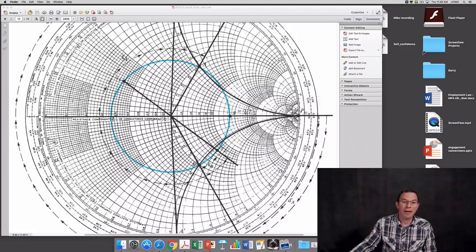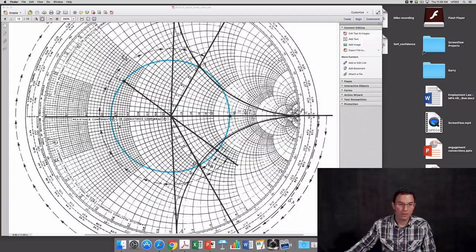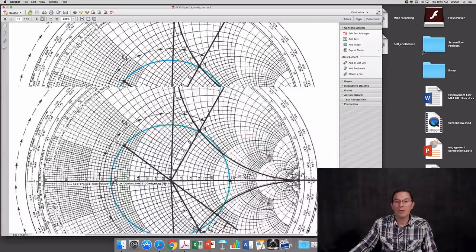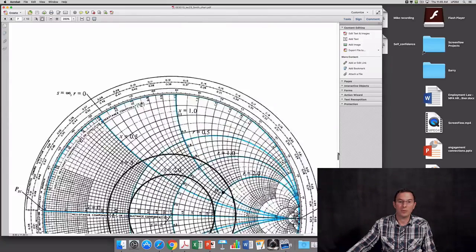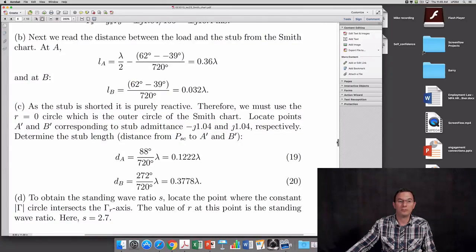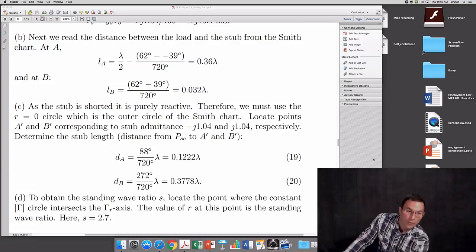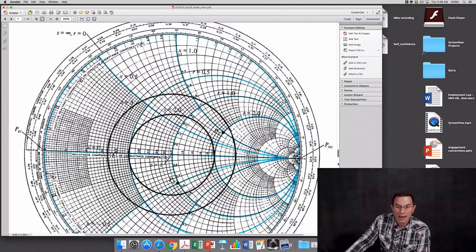So the actual angle that we moved is this one right here. So we actually moved, again, moving from load to generator from here to there at point A. Okay, now point B is just a little bit simpler, fortunately. All right, from point B, in order to get from point B, we start at,